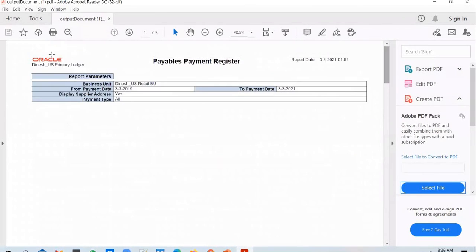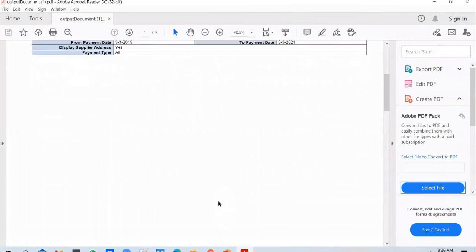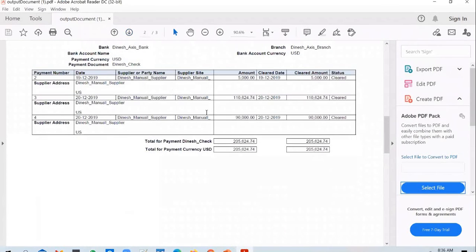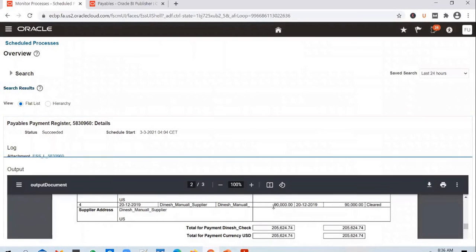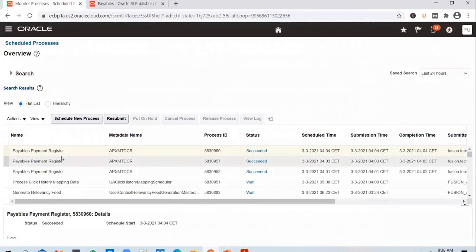So let's say for this report, the client has asked me to change the logo, and the client has asked me to change one of the fields on the table. How do I approach it? The way I approach it is, first I need to know what report is getting executed when I run this ESS job. And how do I find it out? If you go to the ESS job definition screen, you will be able to figure out what is the report that is getting executed by this ESS job.